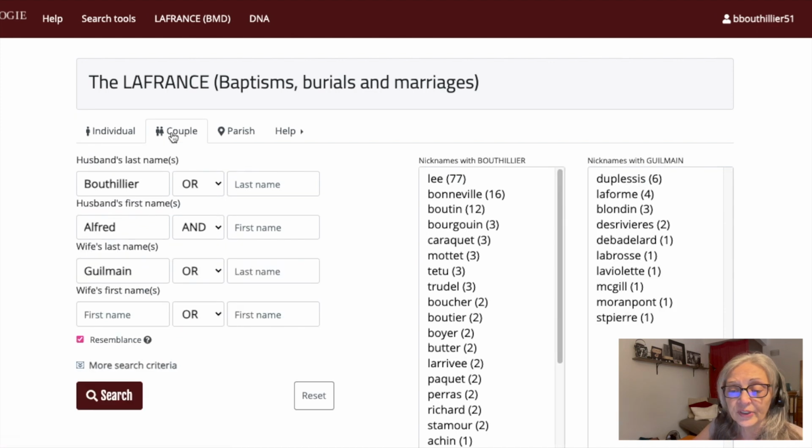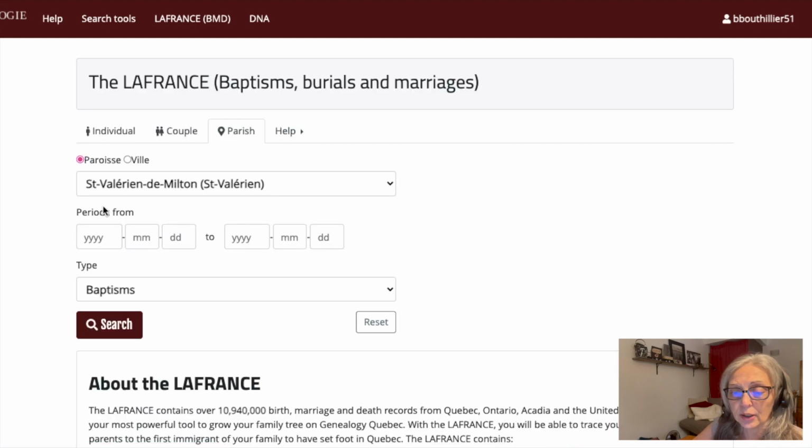You have the couple tab where you would specifically, not exclusively, but specifically look for the marriages between 2 people and their children, the birth acts of their children. And then you have parishes where you could look by parish or by city for different places in Quebec, and